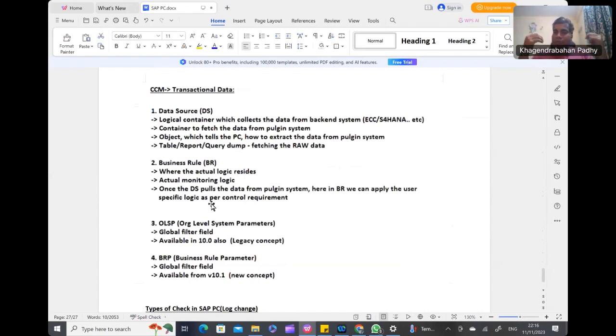Let's say I want to filter out any people who have SAP_ALL or SAP_NEW in their user profile from the last one month. So what will I do? I'll go to UST04. I'll pass SAP_ALL or SAP_NEW, and I will see which records have happened. Basically, if I have to find out which users have SAP_ALL or SAP_NEW in the S4 system, how will I find out? I'll go to UST04, I'll pass SAP_ALL or SAP_NEW, I'll pass all the users, and I'll check for the last one month who has